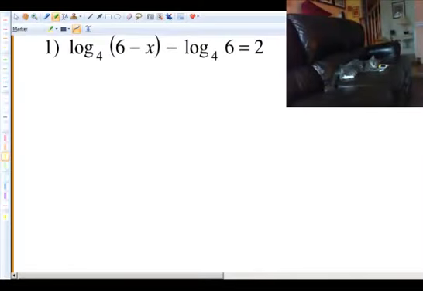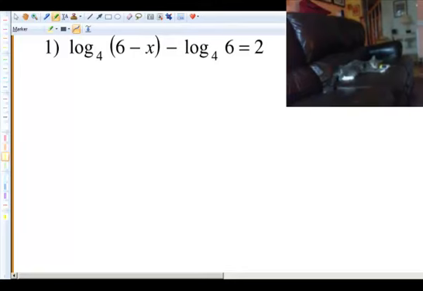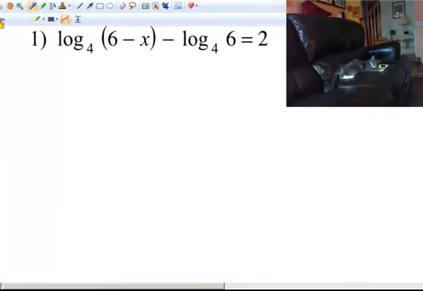Hi there, in this screencast I'm going to solve some of the equations related to logarithms. Okay, in my first problem here I have a log equals a number equation, and I always solve those